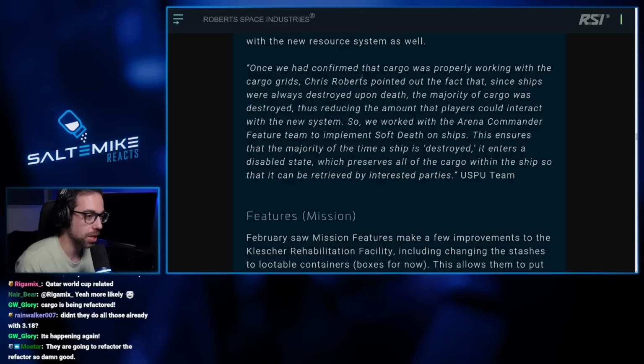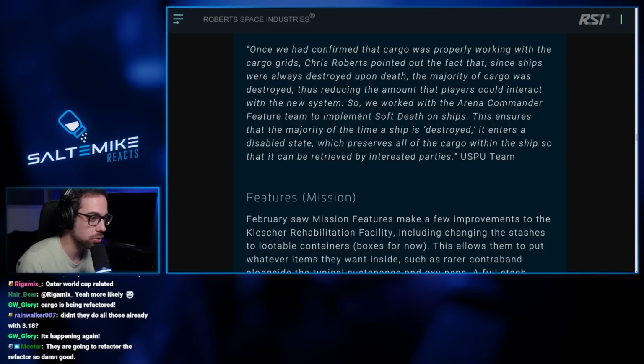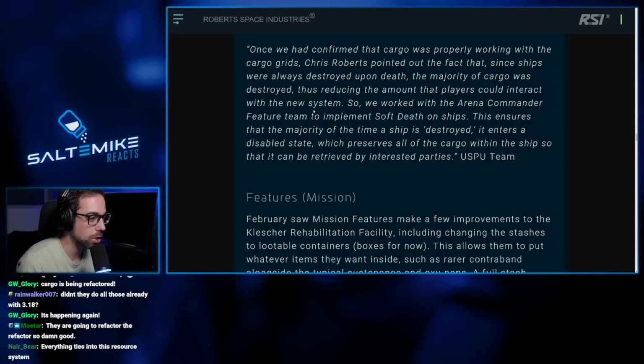Once we had confirmed that cargo was properly working with the cargo grids, Chris Roberts pointed out the fact that since ships were always destroyed upon death, the majority of the cargo was destroyed, thus reducing the amount in the system, so we worked with the Arena Commander feature team to implement soft death on ships. This ensures...